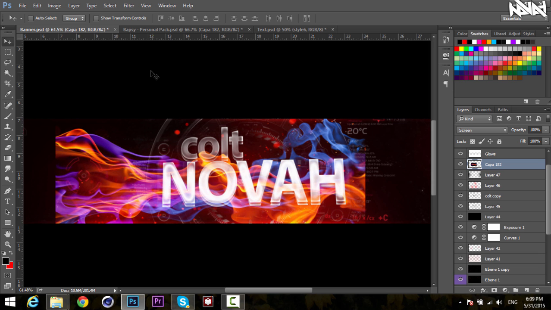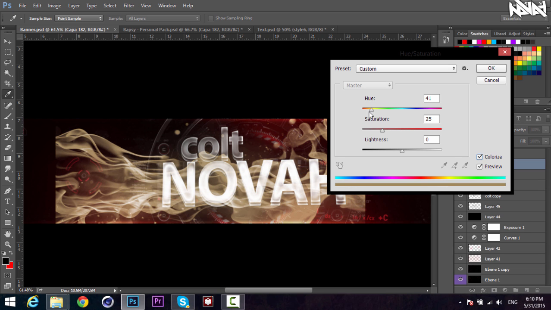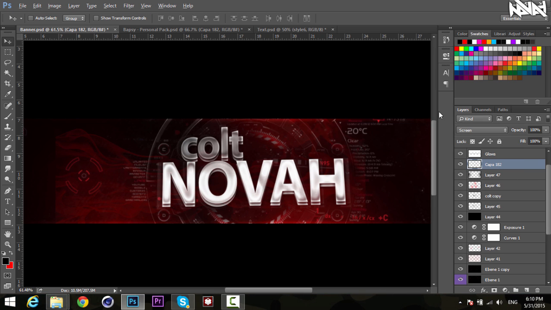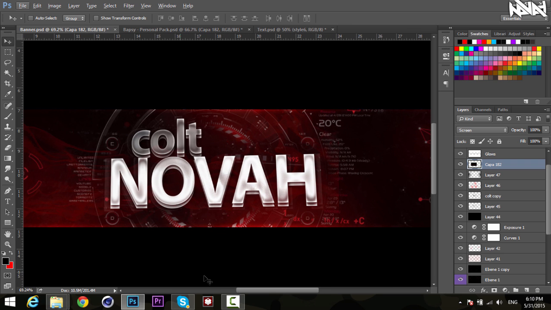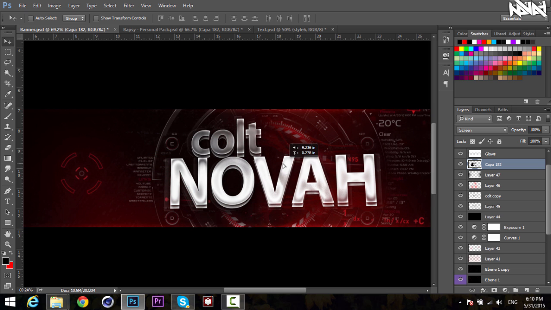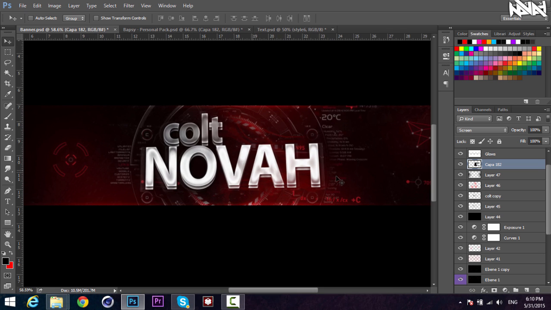So what I'm going to do is go to image, hue and saturation, and colorize. So it's only red, like that, and lower the lightness. Okay, and now I'm gonna smoothen it out like this, and I'm just gonna erase the rest of it, and I'm gonna put it around the text area like that. Can't really notice it now, but it just makes a big difference even though you can't